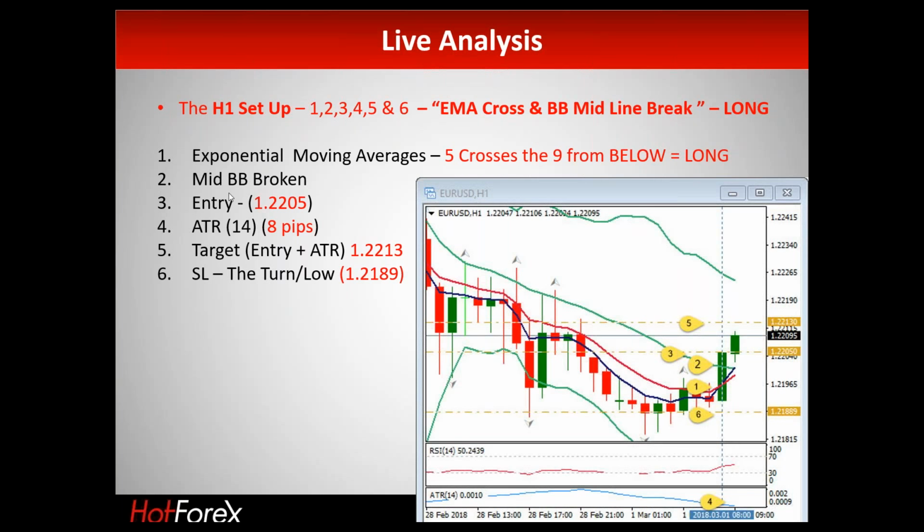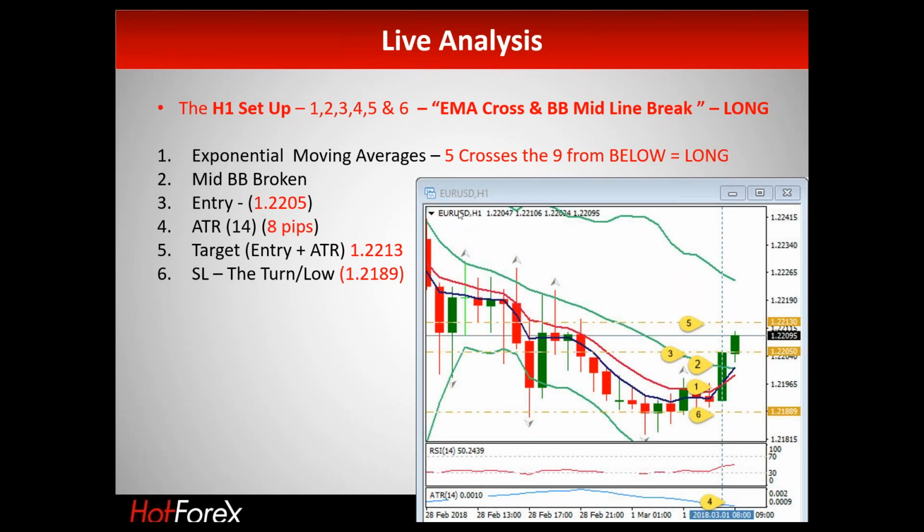trade. Second entry is the fact we've got to break the midpoint of the Bollinger Bands, and the Bollinger Bands on here, these green lines, are the upper Bollinger Band, lower Bollinger Band, and the mid Bollinger Band. So the mid band has been crossed by the candle. So the EMAs have crossed, the exponential moving averages have crossed, and we've closed above the midpoint of the Bollinger Band at the conclusion of that candle. Okay, so our entry is taken there at number 3, which at this point was